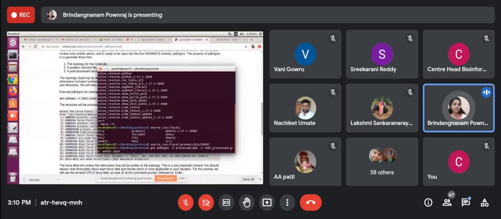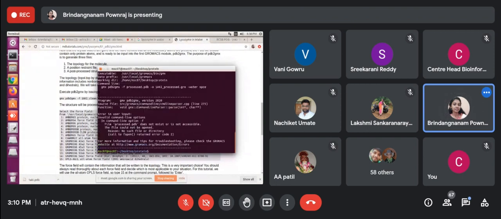So here GMX is the command, and then one of the tools, pdb2gmx, converts the PDB to GRO format, the GROMACS file format, and I'm specifying the water model also, the SPCE water model. Process.pdb does not exist.